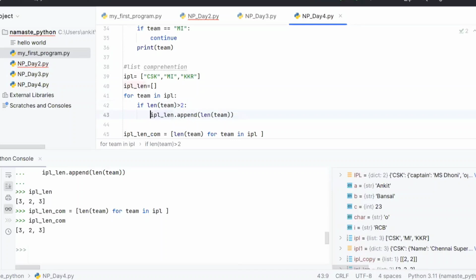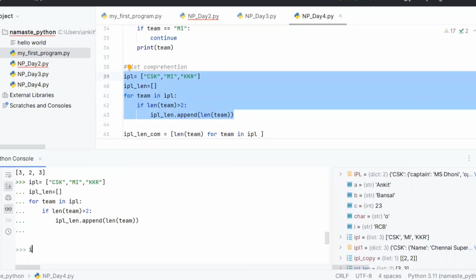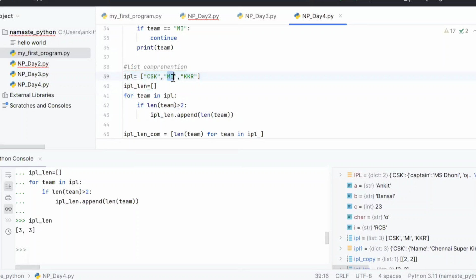What it will do is iterate through the elements and check if the length is greater than 2, then only it will append, otherwise it will just escape. I run this and check IPL length. You see only 3 is printed, 2 is not there in the list. Why? Because of this condition. Because I only want to keep the elements whose length is greater than 2.